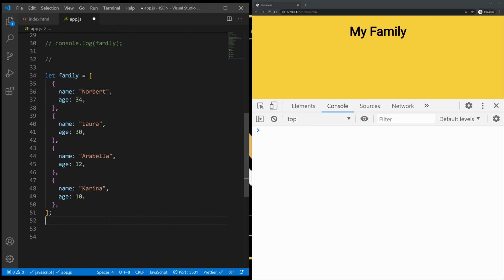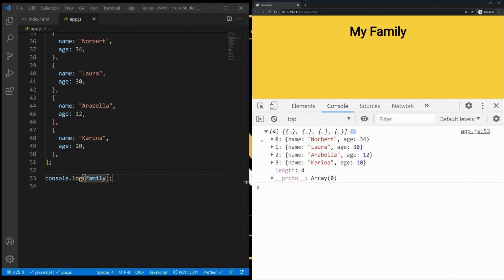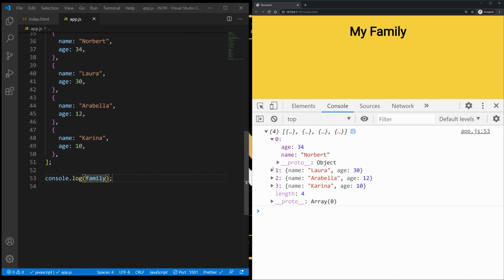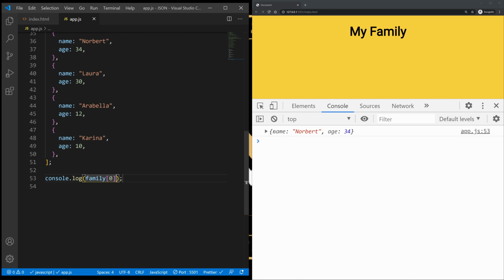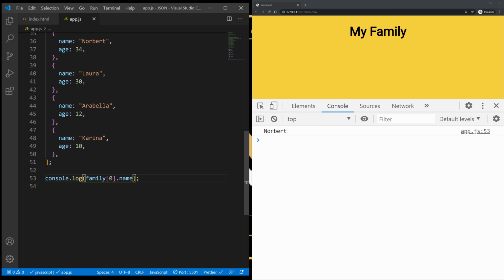Now let's just quickly exercise how we can select things out of this. So console log our family, and there we go. We have an array of objects. Now let's grab onto the first one, go in here and select the first one using 0, and then we can select, for example, dot name or dot age, and now we can go through them.